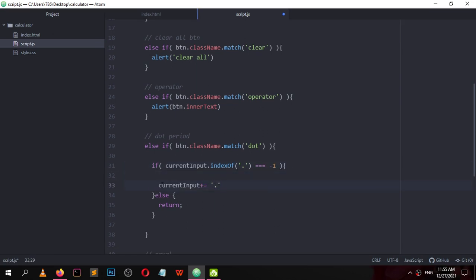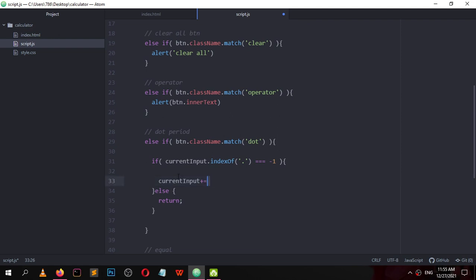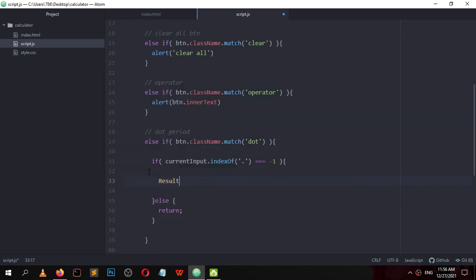Current input plus equal, control Z, current input, or we want to add result dot inner text plus equal this dot. Oh sorry, I am missing result dot inner text plus equal this.